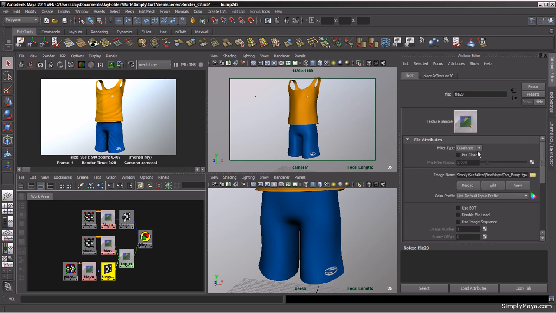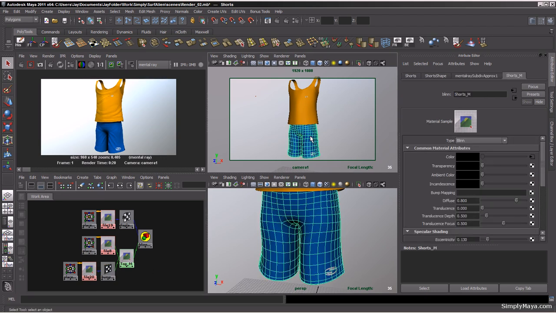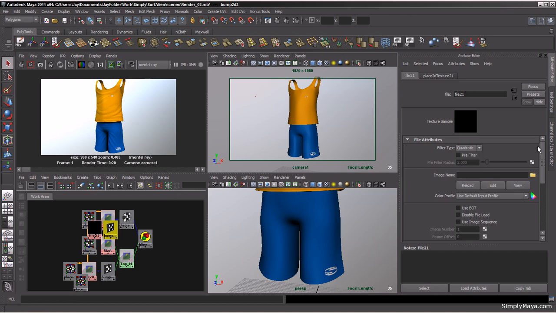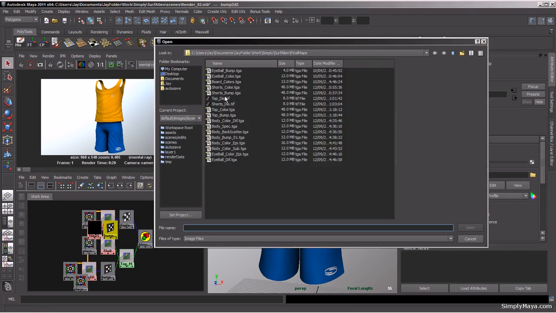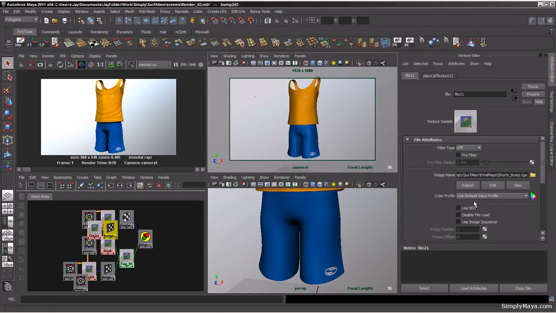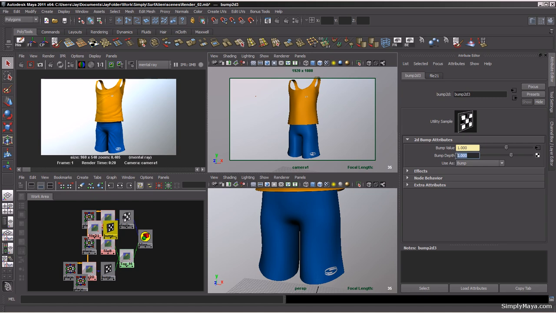And again, the filter type, turn it off, we really don't need it to be put on. And for the shorts, let's go and grab the bump map for that. Let's just turn it off now while we're there, and go and get the shorts bump, open up. Okay, and again we'll do the same value, 0 to 0, and that's done. And we'll do a quick render,